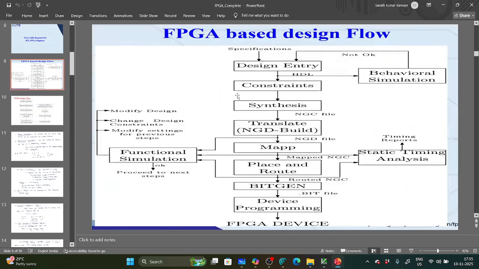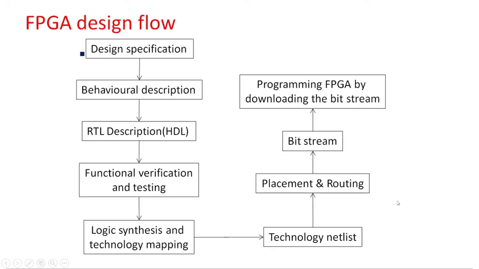Yeah, this is the basic design flow of FPGA. Design flow means design specification, then behavioral description. So I need to have the behavior of the circuit. Then RTL design. Here also we'll write the program with RTL design, VHDL or Verilog. I told you the difference between high level language, that is software language, and HDLs. These are concurrent. Concurrently, we can execute, parallelly we can execute, whereas software language will be executed sequentially.